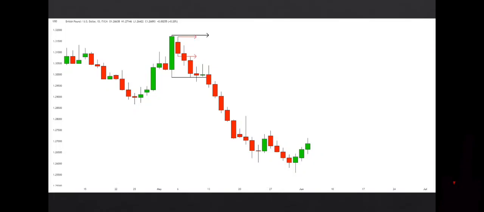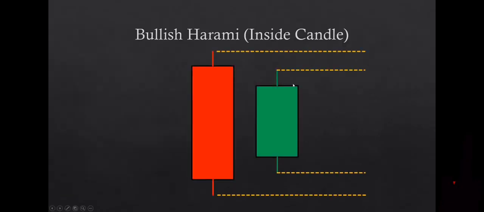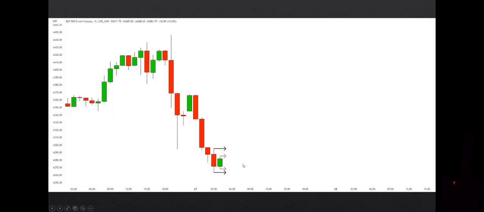Or a bullish inside candle. This illustration shows that the most recent candlestick in a bullish harami will usually be bullish, but there can be exceptions. In this chart, we have the 1 hour time frame of the S&P futures. I have marked the range of the last two candlesticks in the same way I did in the previous example. Observe how the range of the current candle is contained within the range of the previous candle, therefore creating an